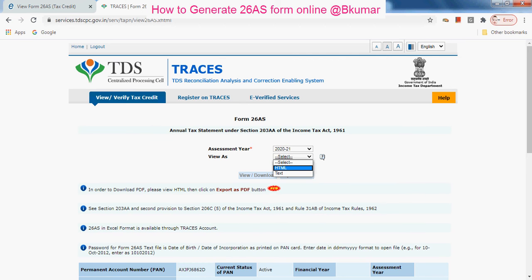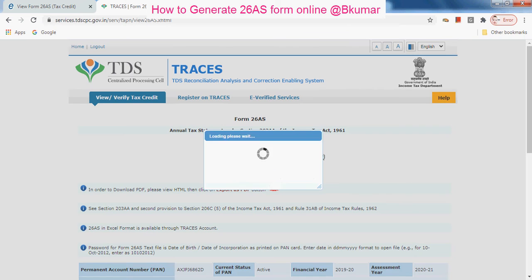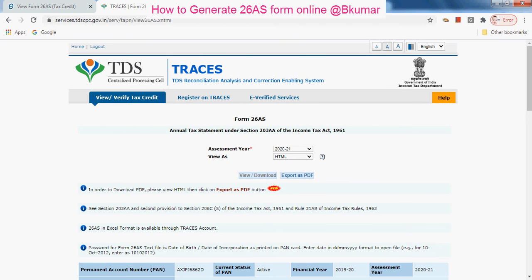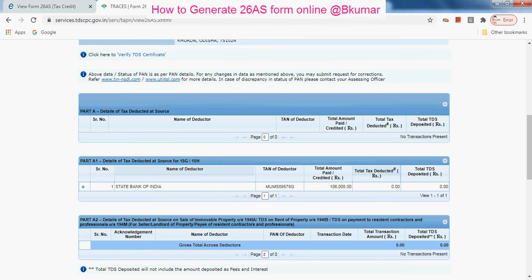Click on HTML here, then click on view download. Now you can see your tax details here. This much amount is credited to your account. Total tax deducted is 0. So in this way you can generate your 26 AS